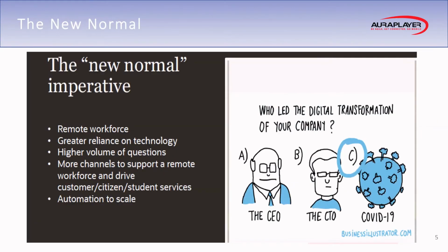Why has this all of a sudden taken so much prevalence? It is a lot because of the fact that when COVID hit, people literally within a week became remote workforces, right? So you had all of these companies with call centers, with warehousing infrastructure, with data entry processes, and all of a sudden, all of those workers